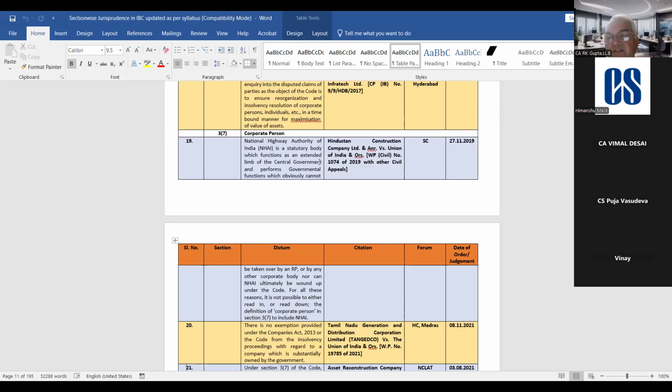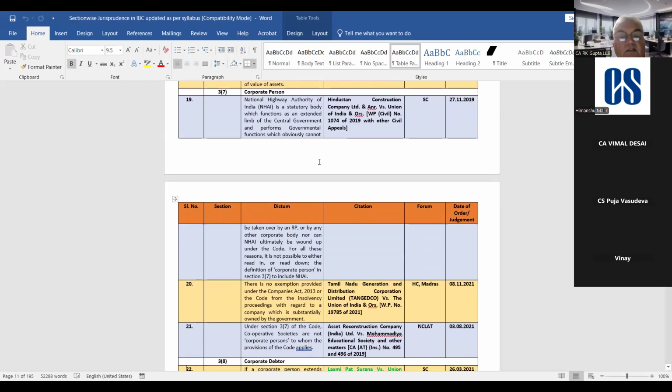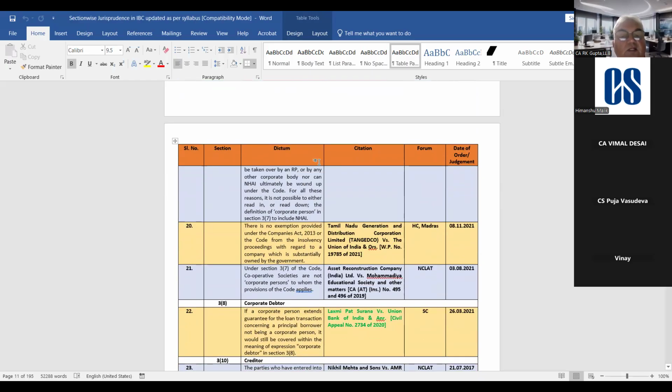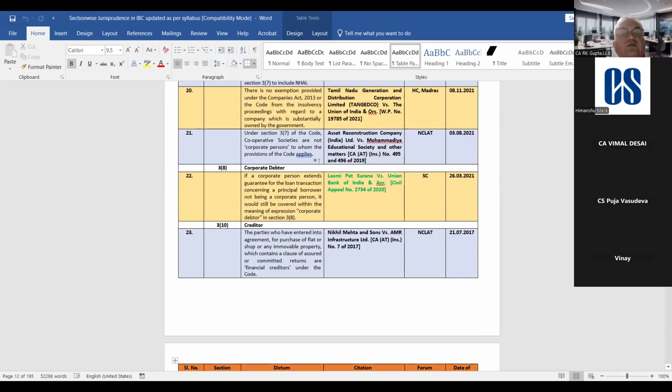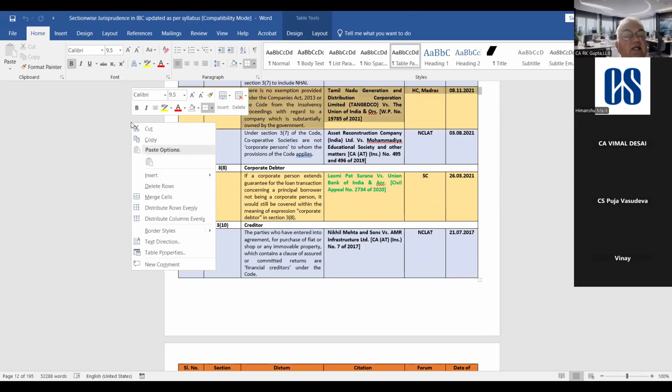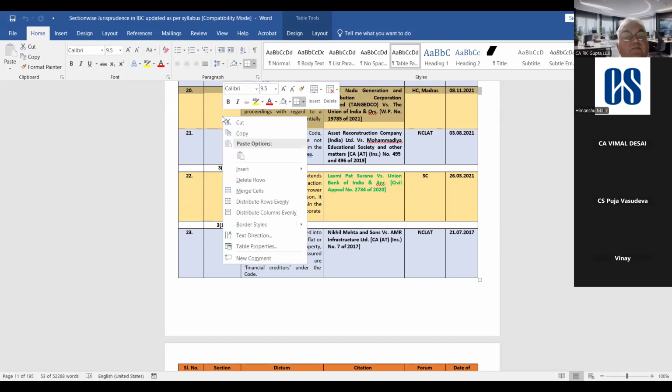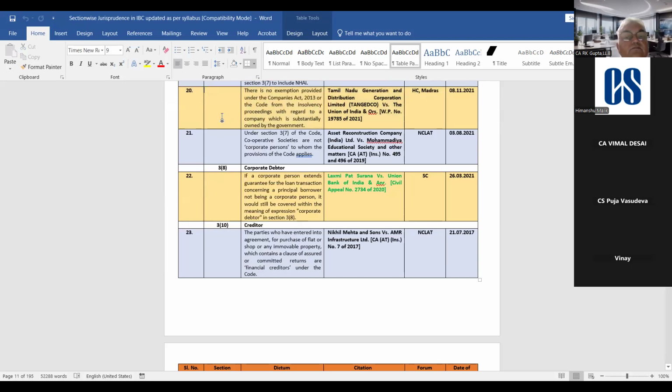अब ये ना, मान लो गवर्नमेंट है, आप गवर्नमेंट को आईबीसी में ला सकते हो क्या? The answer is no, ठीक है। Next, there is no exemption provided under the Companies Act or the code from the insolvency proceedings with regard to a company which is substantially owned by the government। अब इसमें क्या है, इसमें उल्टा कहा, इसमें ये कहा, जस्ट अ मिनट,